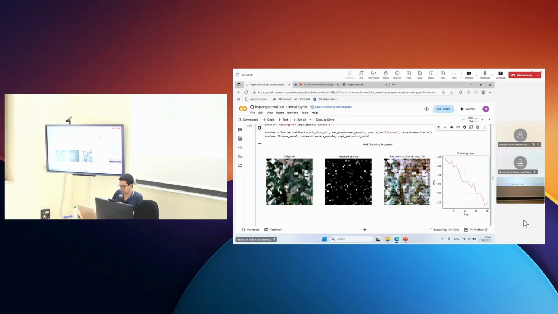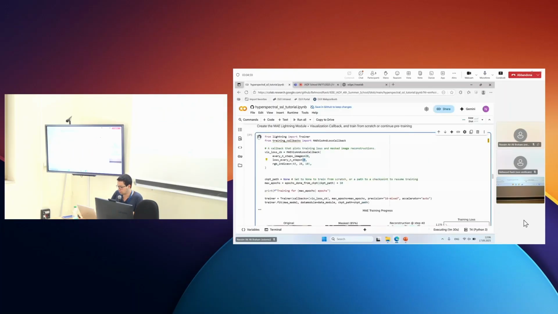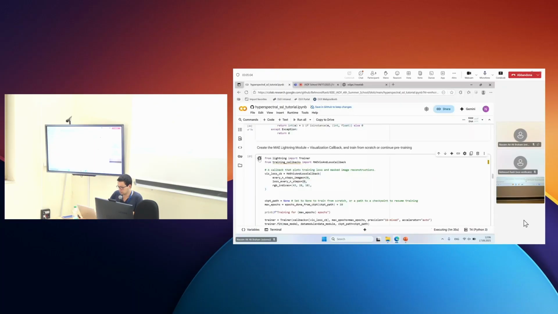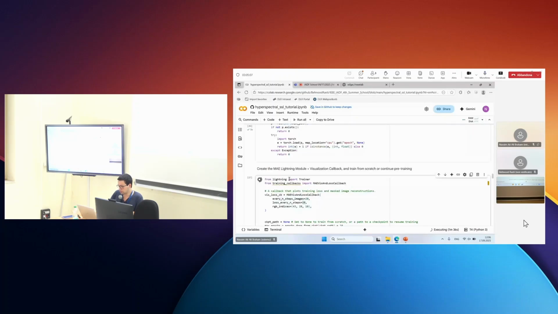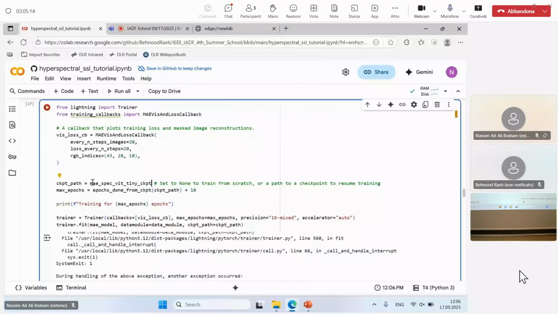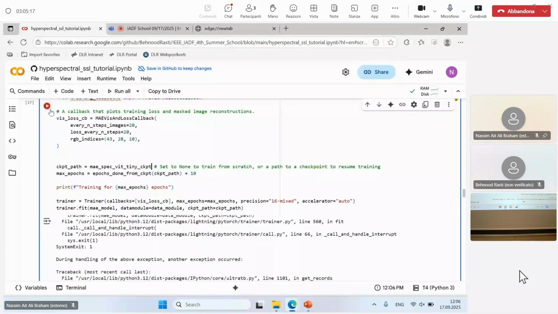If you want to see what a model that has been trained for long enough looks like, although it's small, you can pick one of those checkpoint variables, MAE ViT tiny checkpoint or MAE spec ViT checkpoint, depending on what you selected. So we have the spec ViT here in the backbone name. We take this one, copy it, and then resume the training of it. This will take a checkpoint that I pre-trained before with MAE, and we will continue to train it so that you can see what